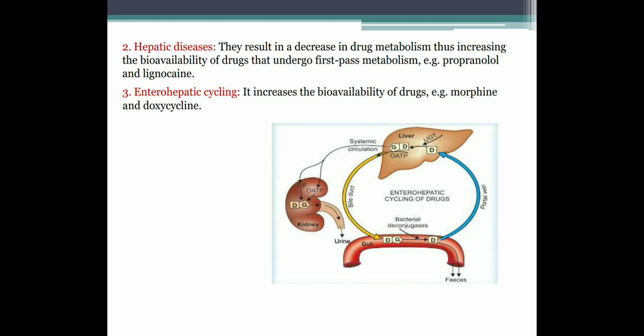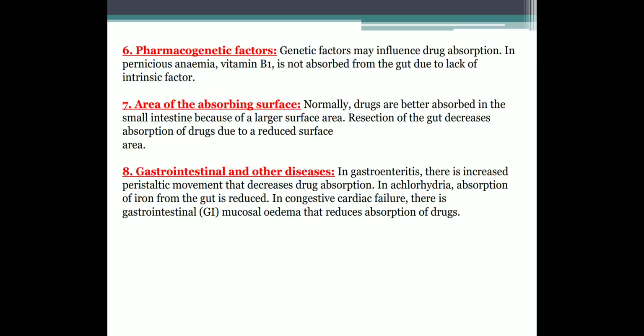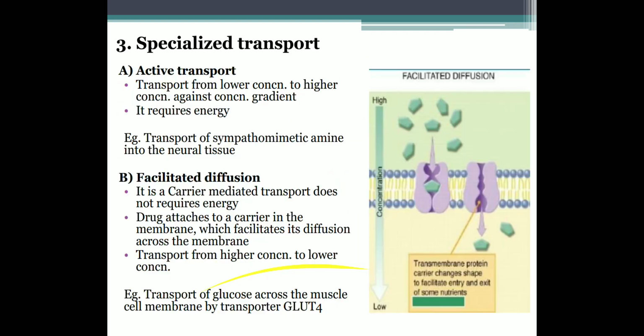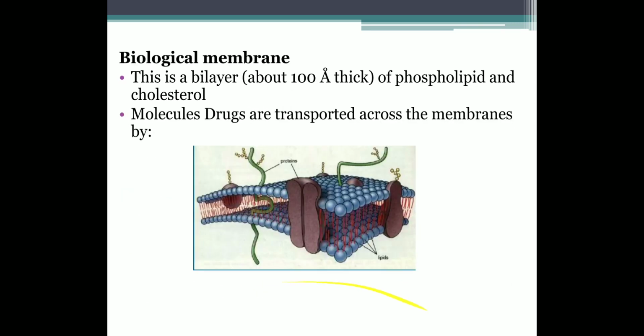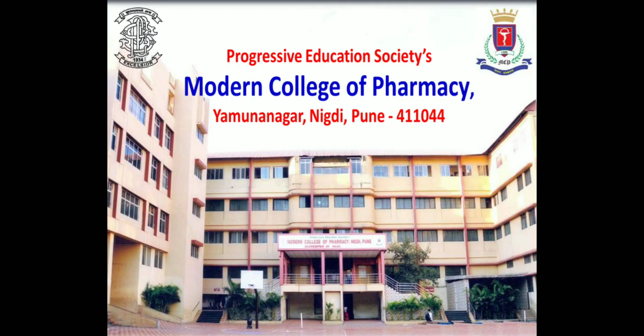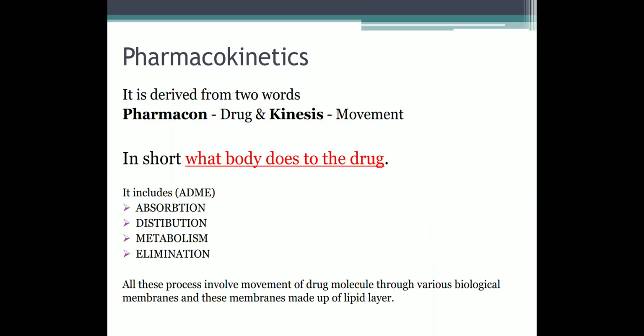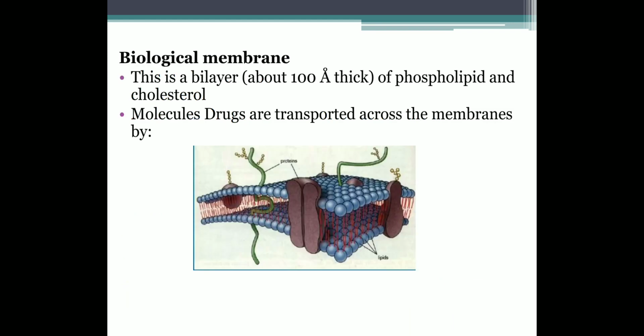Okay, so here we have seen the first parameter of pharmacokinetics, drug absorption. We have seen the biological membranes also. So here we have ended with the pharmacokinetic parameters of the drug. Now in the next we will see the pharmacodynamic parameters which are involved when a human consumes a medicine.